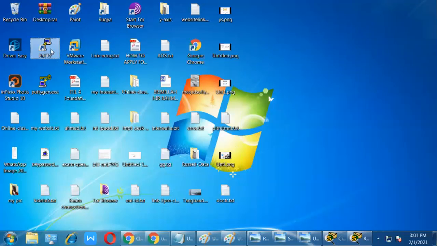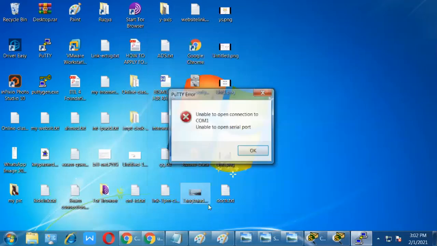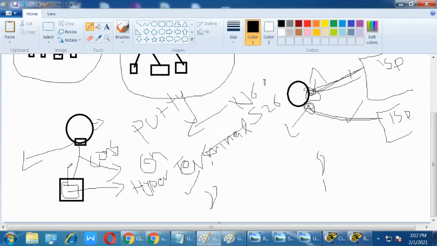Yes, this. Are you able to see? Yes, sir, we are able to see. See here, there is one option: Serial, right? Serial, COM port. Speed is 9600 bits per second. Here I need to select and click on open. At that time I enter the router. Physical connectivity is okay, everything. Then with the help of this application, when I click open, it will connect to the router. I enter the router with the help of this application.